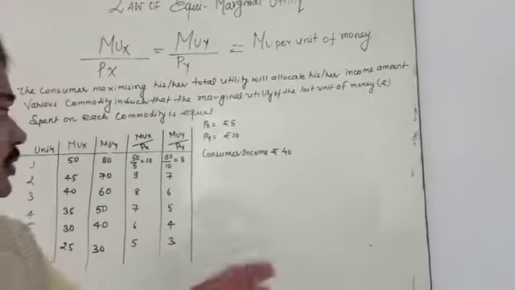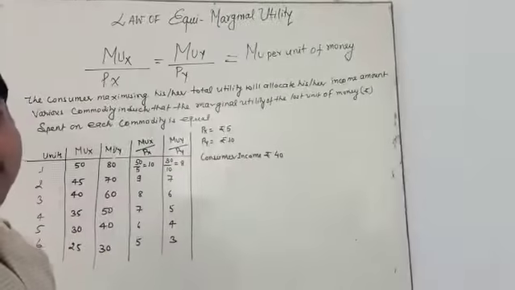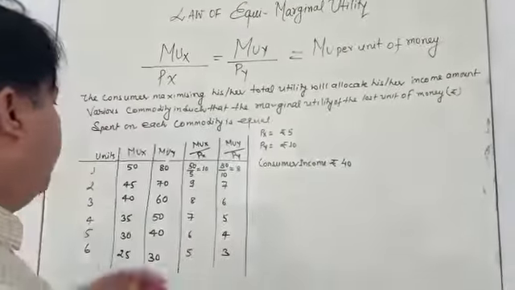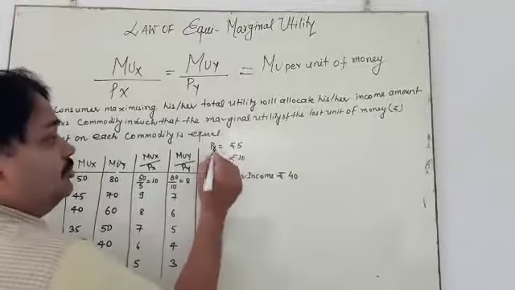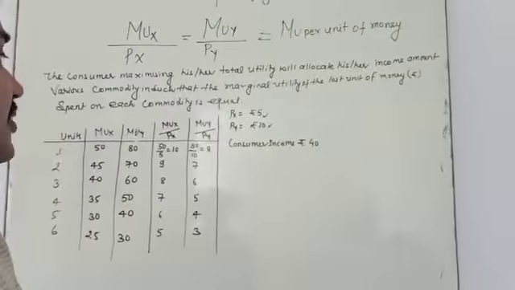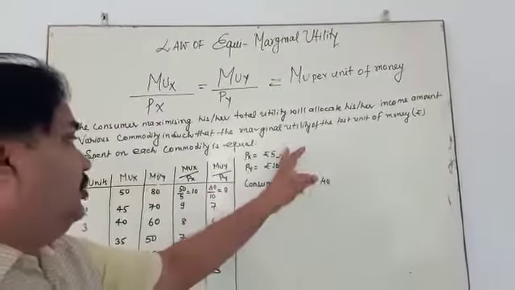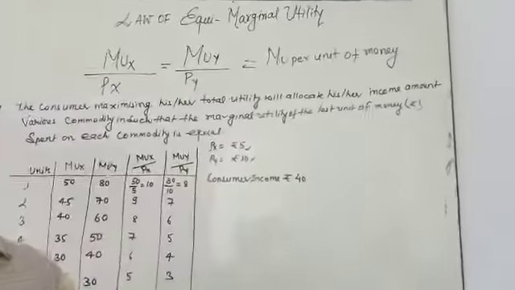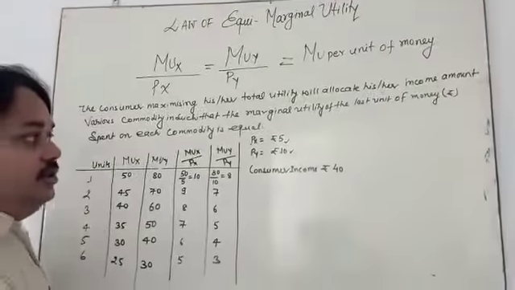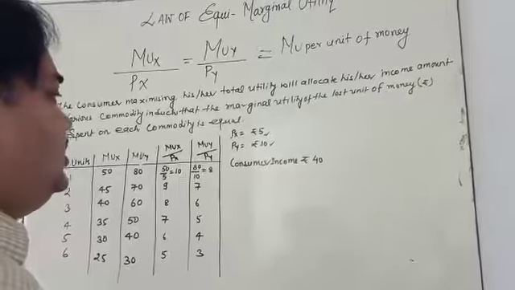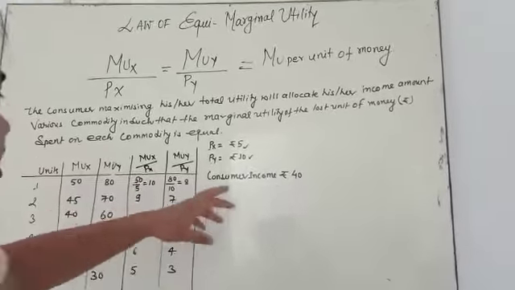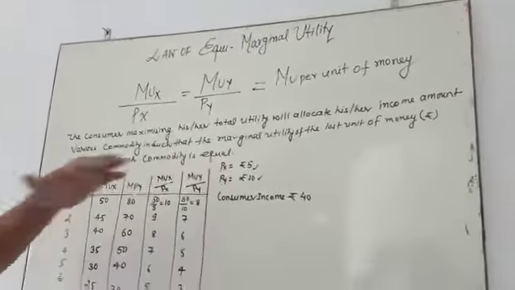In this situation, my dear student, the consumer has an income of 40 rupees. He is going to spend 40 rupees on two commodities, X and Y. The price of X commodity is 5 rupees and the price of Y commodity is 10 rupees. It is a very simple thing: if 40 rupees is going to purchase two things, how many units of X and how many units of Y is he going to take? At last he gets maximum satisfaction when this amount of 40 rupees is spent fully.